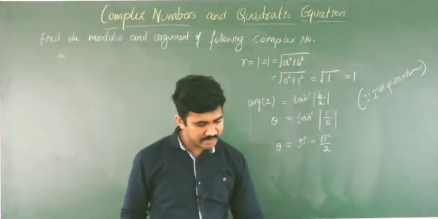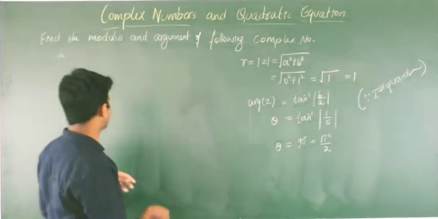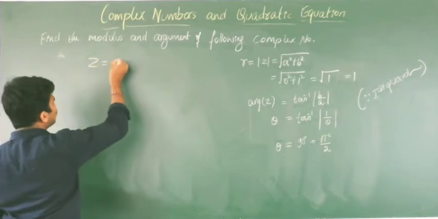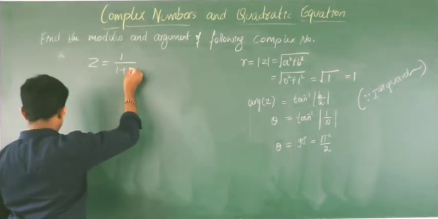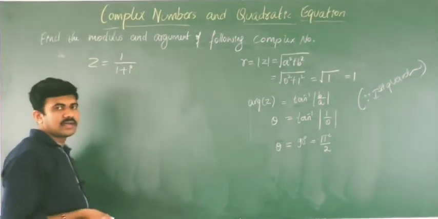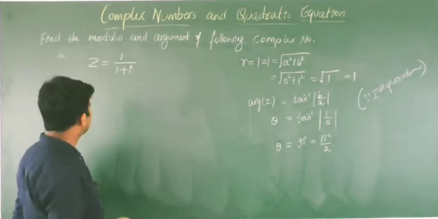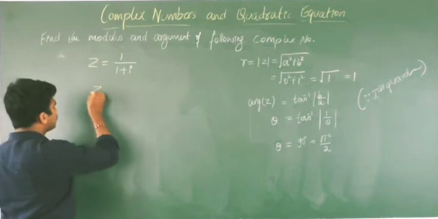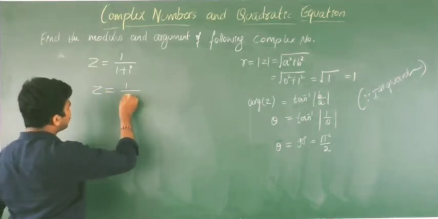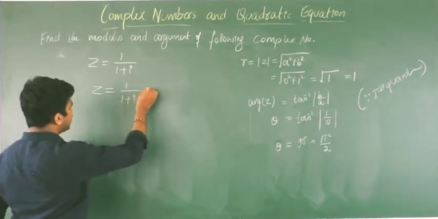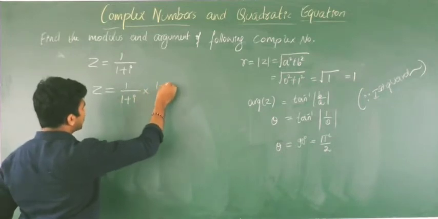So in the next question they have given z is equal to 1 upon 1 plus i. What is the modulus and argument they asked? Same procedure here also. We have to multiply and divide by the conjugate of the denominator, that is 1 minus i